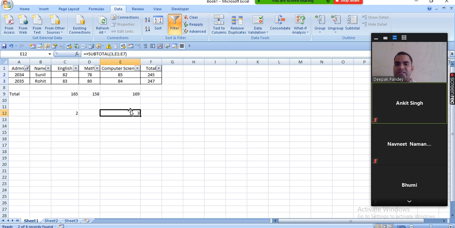So you can see this. In this field it is showing 2 and in this field it is showing 3 because it is counting the non-numeric field and numeric field both and returning the result. And here the formula is counting the numeric field only. That's why the result is 2.